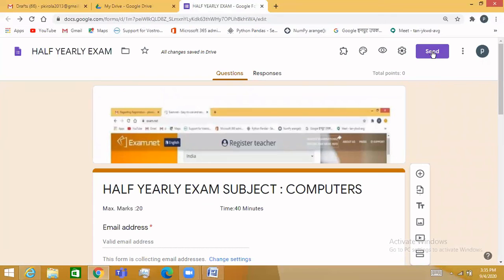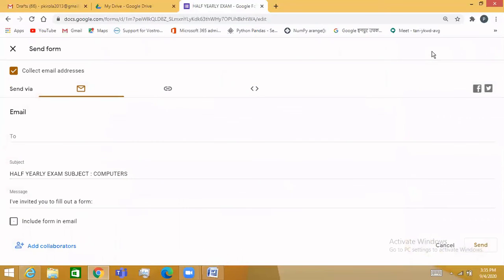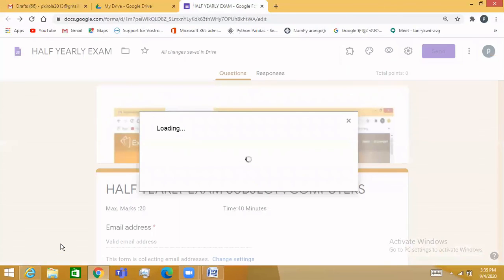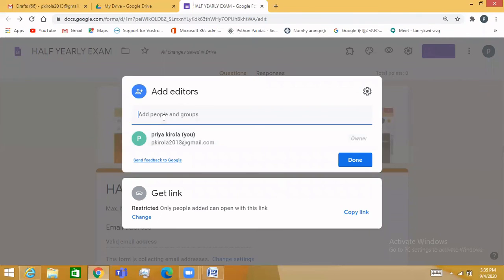If you want to share with a teacher, click on Collaborators. Add collaborators at the bottom of the screen. If you can see this option, Add collaborators, you can type the name of the teachers with whom you want to share the question paper, that is, the Gmail account.